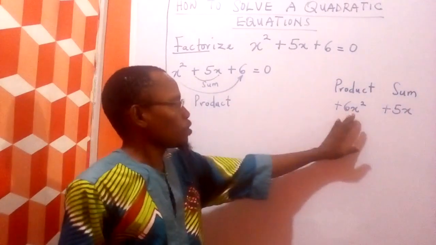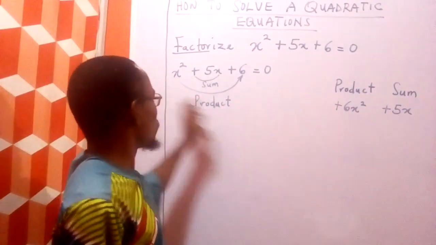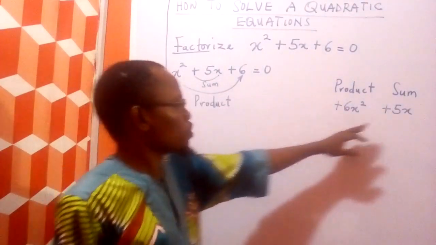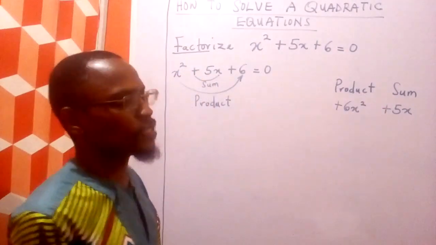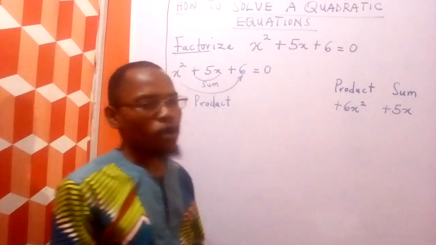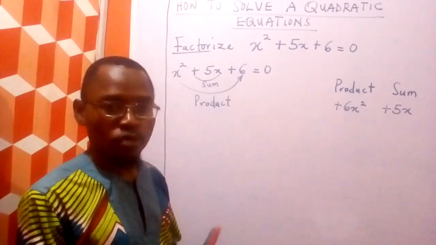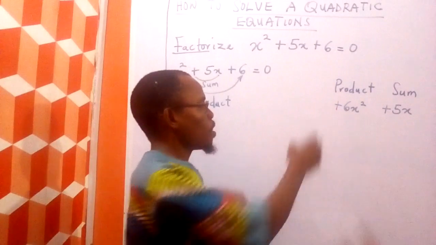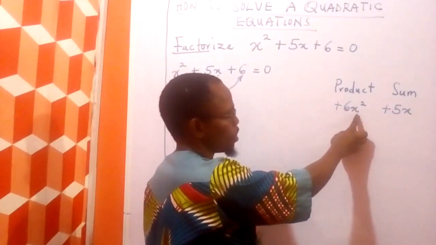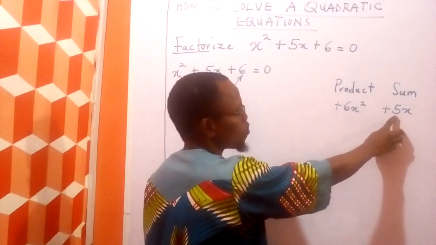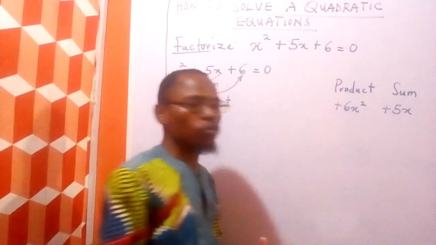Now we've derived our product, and we have our sum also, which is plus 5x. So what's the next thing we'll do? We'll now go to our factors. As a product, we are having 6x squared here, and as a sum, we are having 5x. We'll now look at what are the